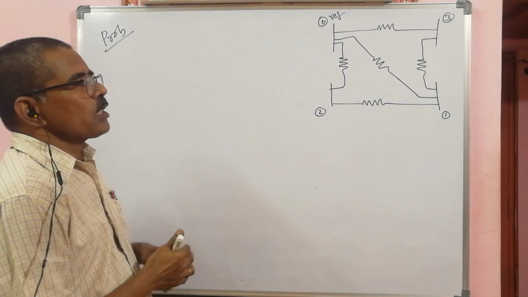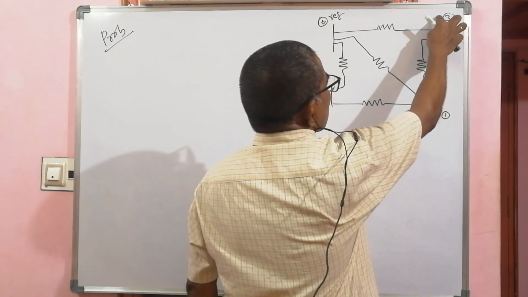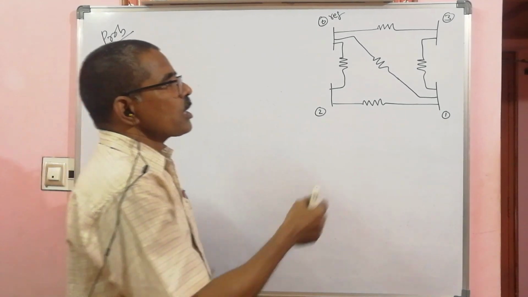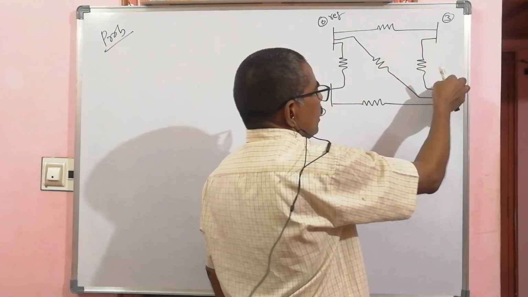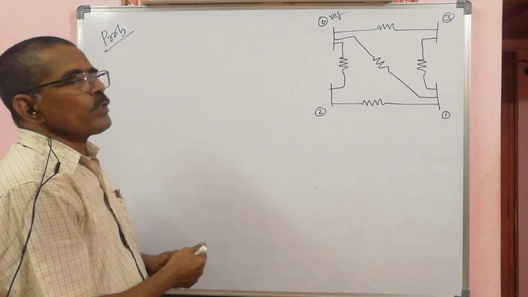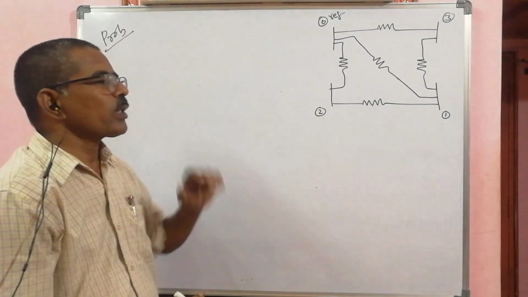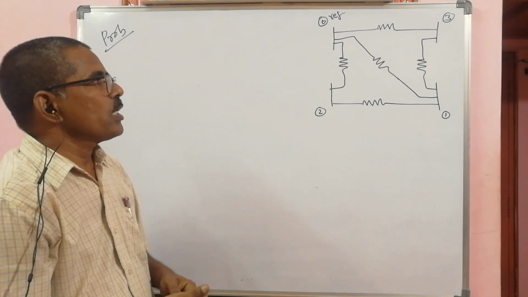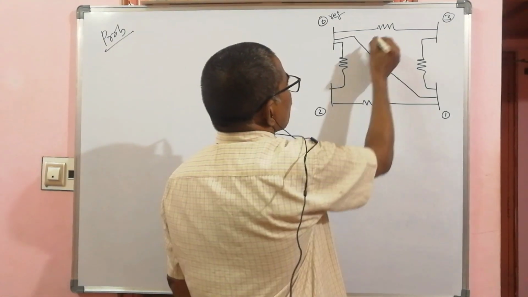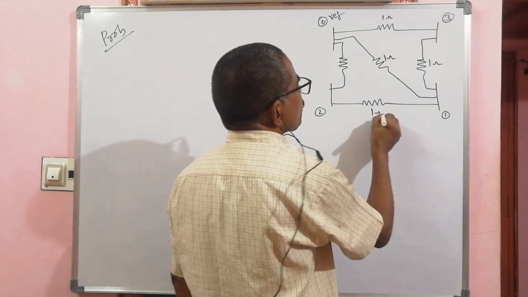It is a 3-bus system with reference. Reference bus is 0, and 1, 2, 3 are the buses. So 3 by 3 is the dimension you can expect for Y bus or Z bus. And the problem, as I said, to understand the procedure, to get acquainted with the procedure, only a resistive network is considered, and all these values are 1 ohm each. So each is 1 ohm. So it is simpler to substitute and calculate everything.